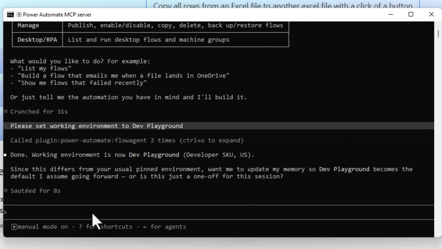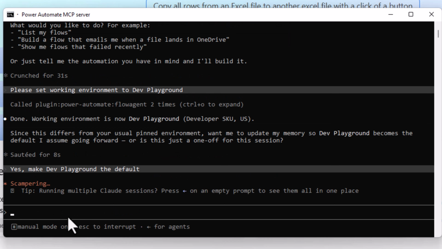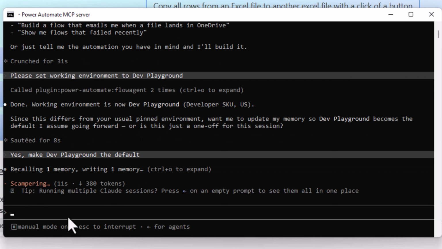The FlowAgent MCP server uses the skills and tools it possesses to go ahead and set my working environment. Do I want this to be my working environment just for this session, or should it make it the default for every session that I run? I'll say yes, make it the default. Now, while it does this,